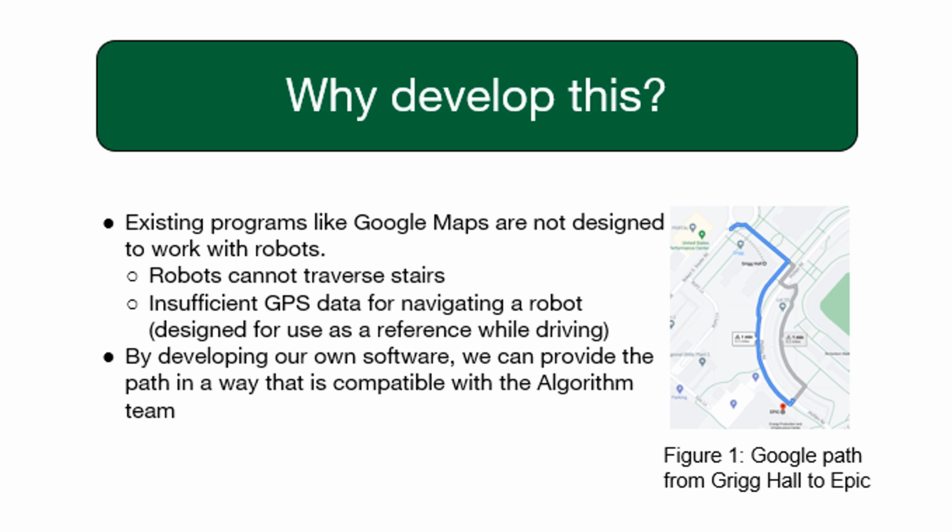Well, Google Maps is not designed to work with robots. For example, if you're in Uptown Charlotte and you're using the walking algorithm in Google Maps, it will assume that you can traverse stairs. Our delivery robots cannot do that. Therefore, algorithm development for us becomes a little more nuanced and tricky. Also, the node resolution provided by Google Maps is sufficient for human use, but a robot needs more reassurance with